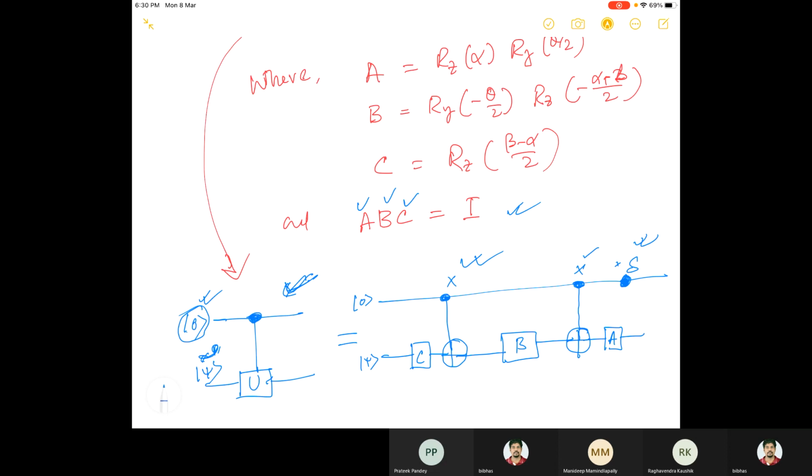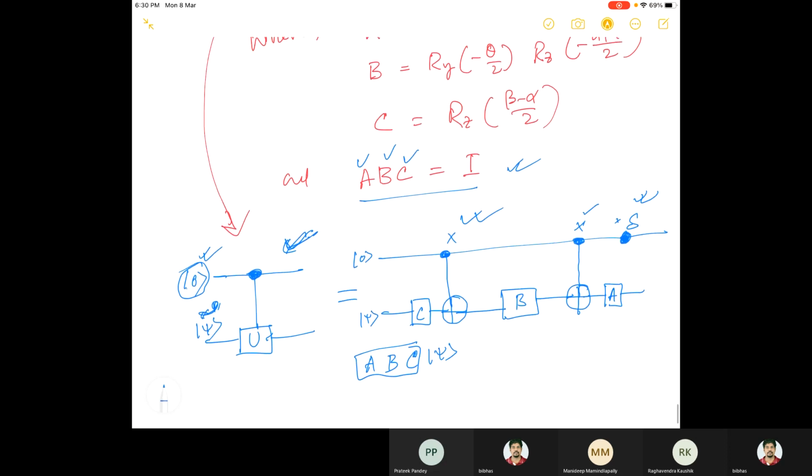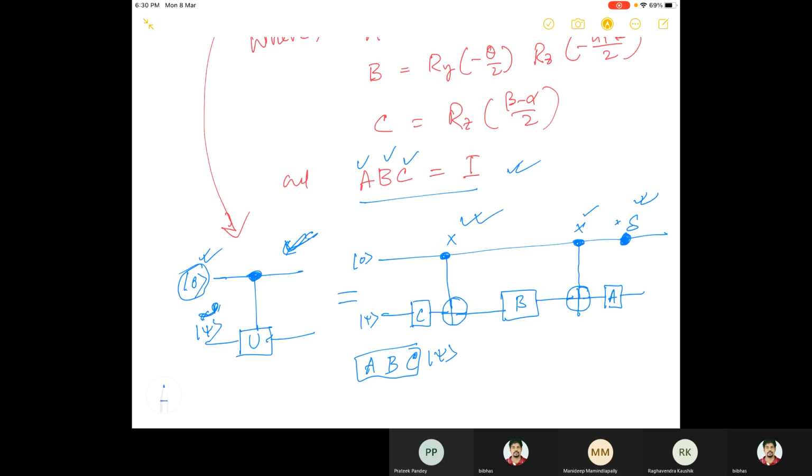Because A times B times C is equal to identity, right? So when you write C, first psi will act on C, then B, then A. But A times B times C is equal to identity, so psi remains the same. So we are done when the first qubit is 0. Now we have to check, when the first qubit is 1, whether U is acting on the second qubit or not. So let me just delete this part